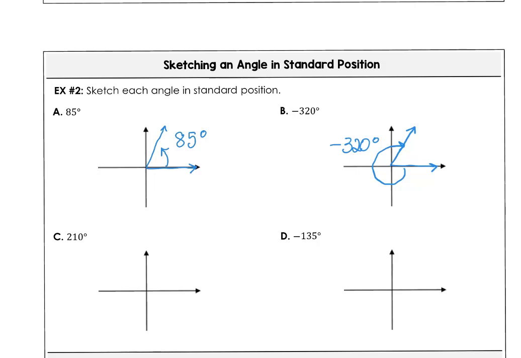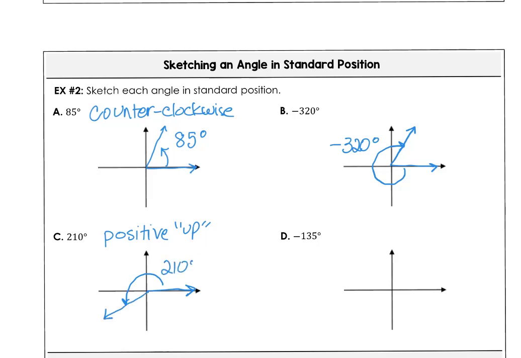210 degrees, that was going to be a positive angle, and we said positive went up. Just like here, we could say 85 degrees was counterclockwise to give us a positive angle. Positive means we're going to go up from the initial side on the x-axis. So around 90, 180, and down in quadrant 3, we would have